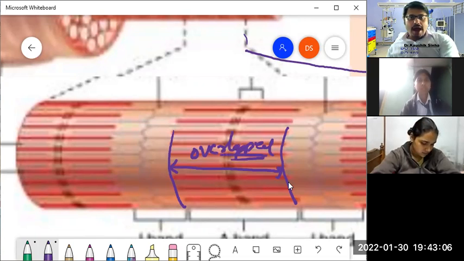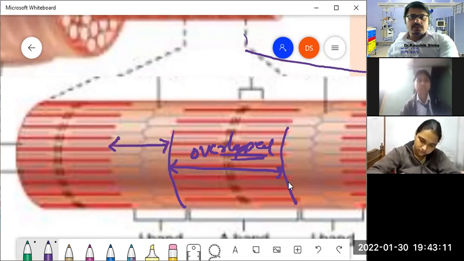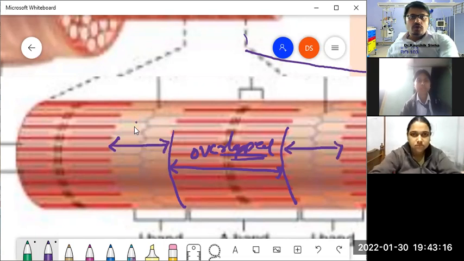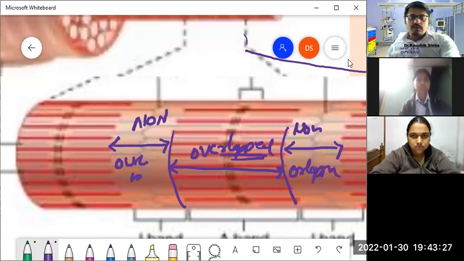And adjacent on both the sides of this overlap area, we are having these two areas on both the sides, which are the non-overlap area. So this is the non-overlap area. Similar findings can also be found on the other side as well. Clear? দুটো নন ওভারল্যাপ এরিয়ার মধ্যে যে এন্টায়ার এক্সটেন্টটা, দিস এক্সটেন্ট ইজ আ সার্কোমিয়ার।